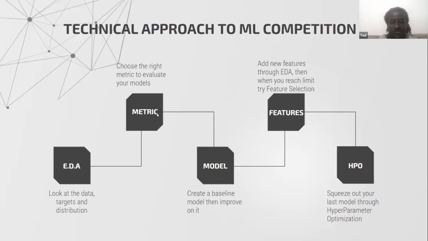So after finding the right metric, you can then go to create a model. But before then, there is a step in between, and that step is dividing your data. We divide the data by splitting it into folds, so as to avoid overfitting. Overfitting in machine learning is an occurrence where